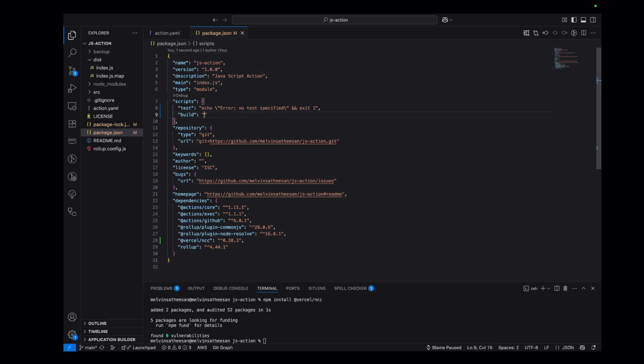In this, I'm going to define ncc build src/index, because the index.js file, which is our source code, resides inside the source directory, and we are going to pass the build output to the distribution directory. So it is dist. Perfect. So I'm going to save it,